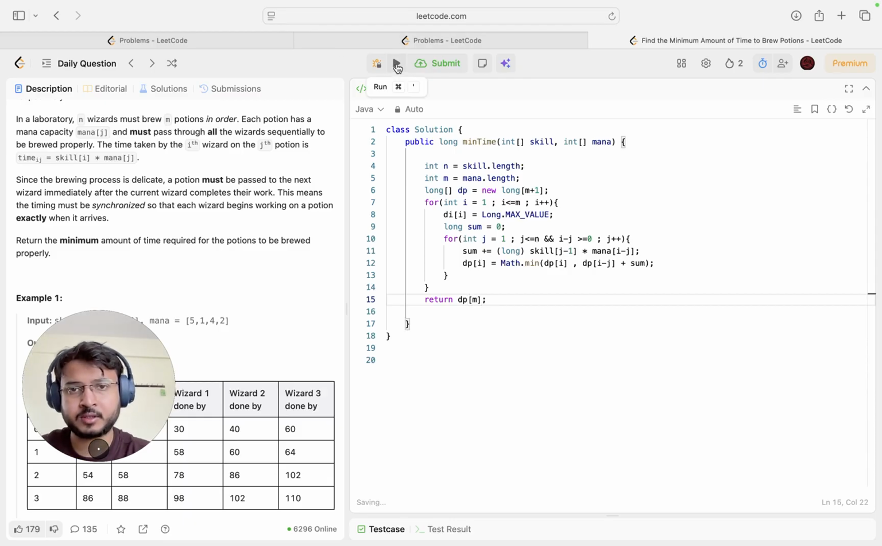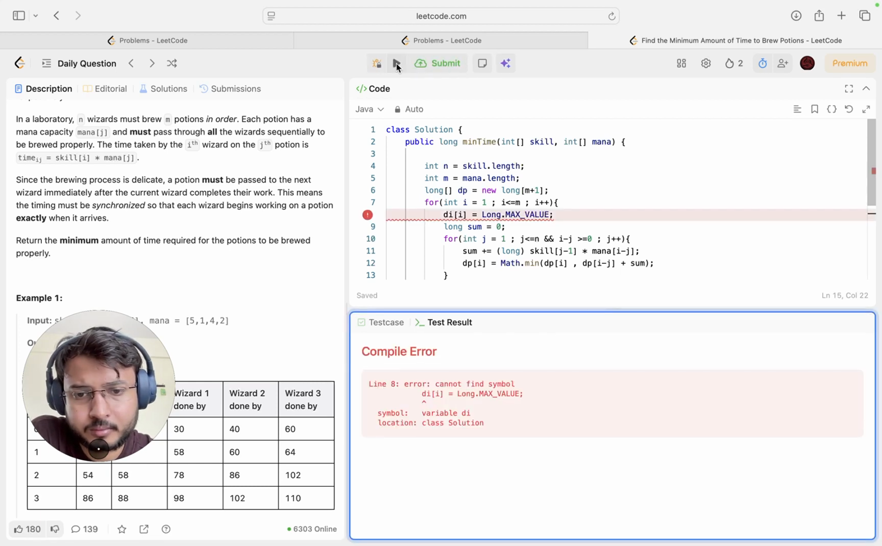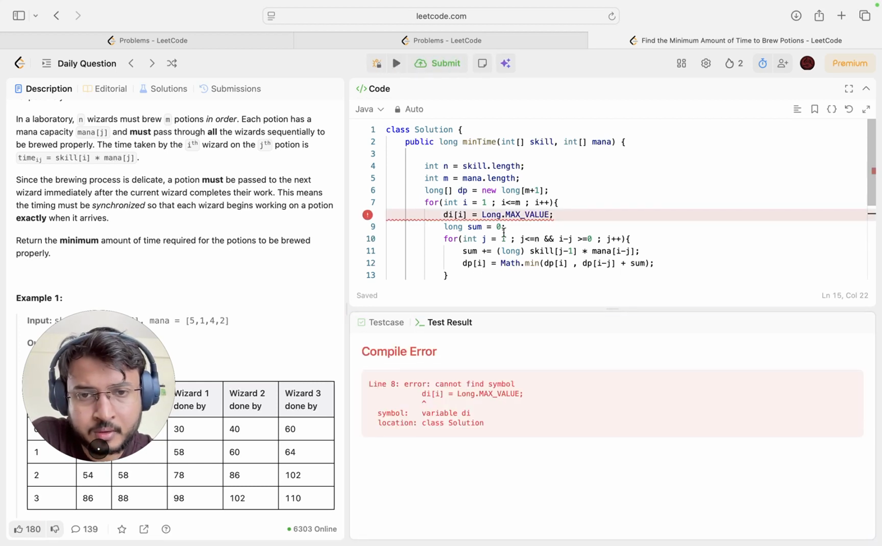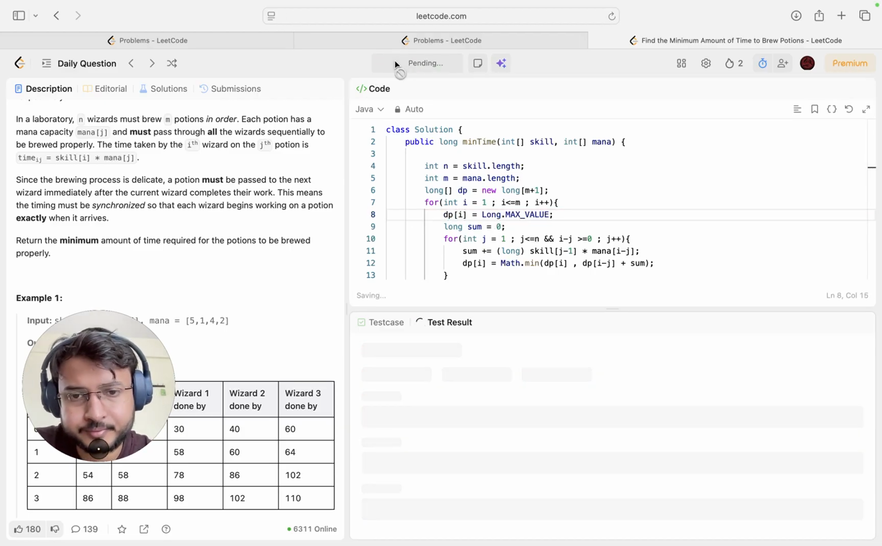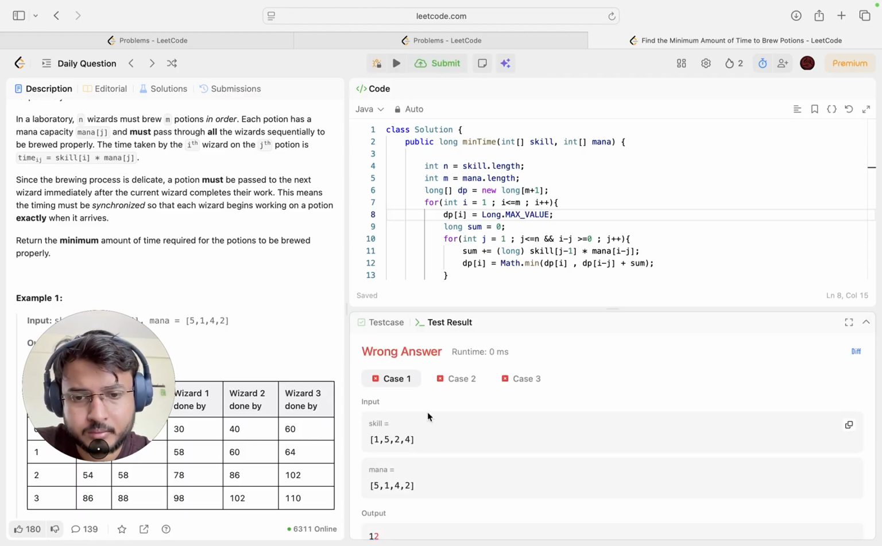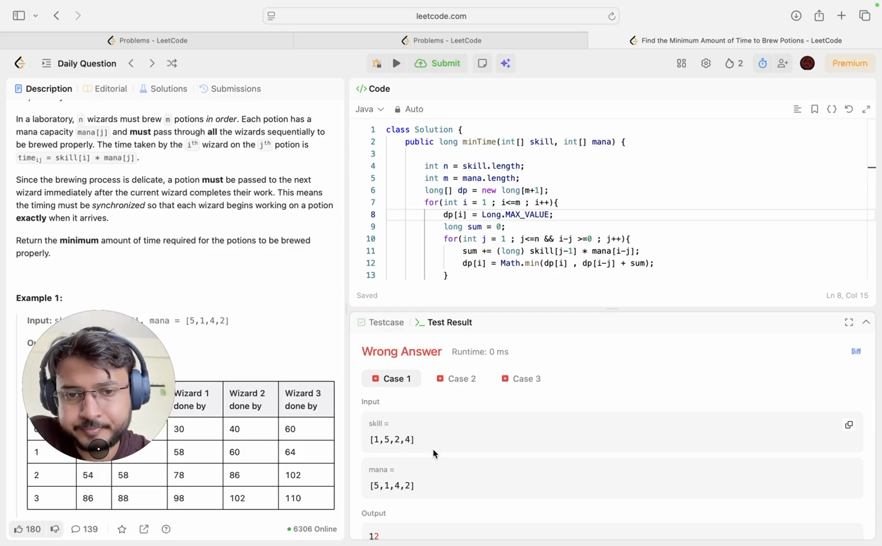So let's run this. No, we have not passed all the test conditions. Let's see what will be our possible